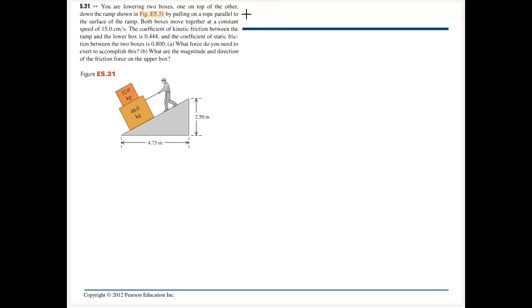Okay, I'm going to solve a couple problems for Chapter 5, starting with 5.31. Pause for a second, read the problem. Okay, the first thing that you want to do with any problem from Chapter 4 or 5 is to go